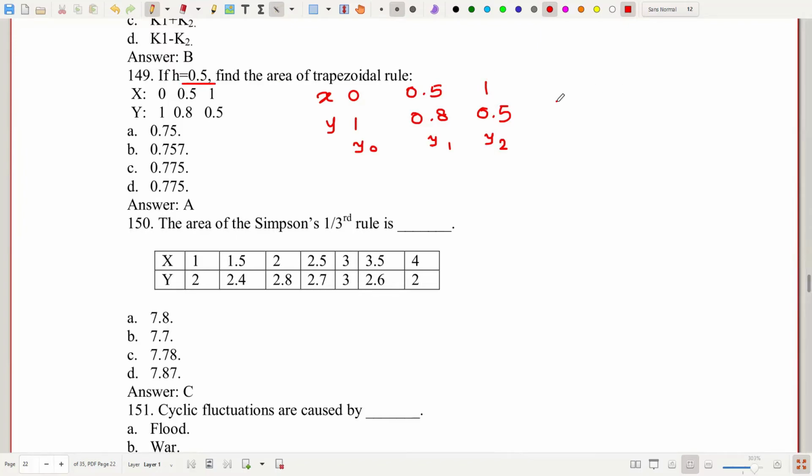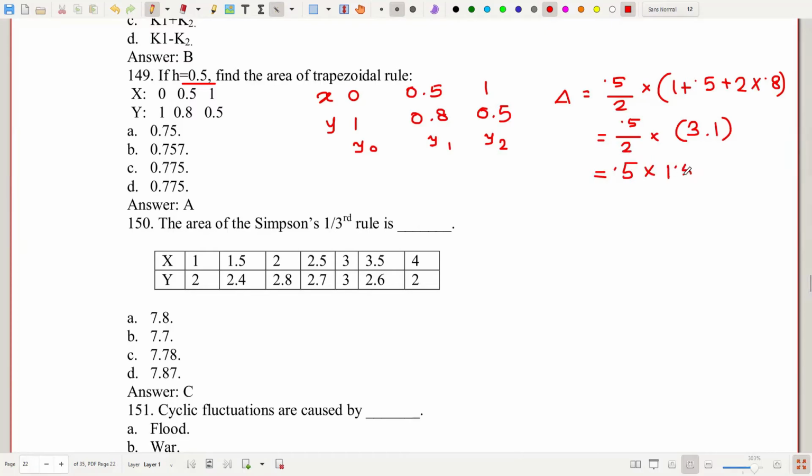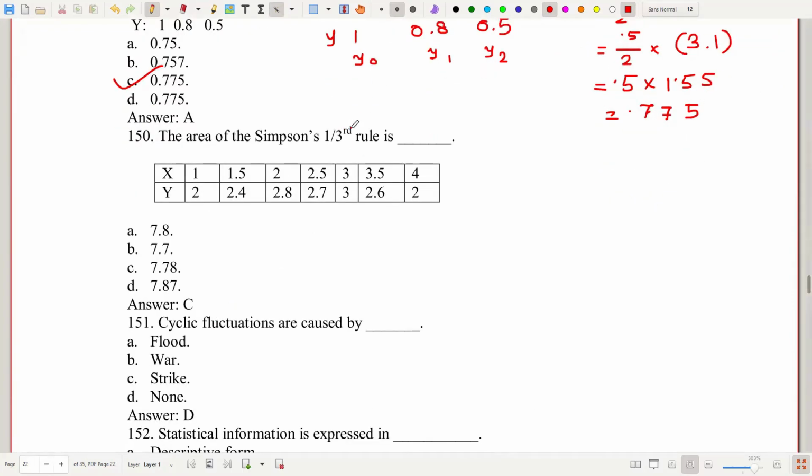So we have the formula delta is equal to 0.5 upon 2 into 1 plus 0.5 plus 2 into 0.8, or we have that is 0.5 by 2 into 3.1, or that is 0.5 into 1.55 or 0.775. So the answer is 0.775. Next question, the area of the Simpson's one-third rule is, now here we can say the first one is